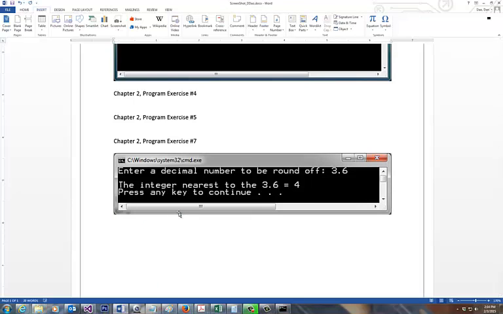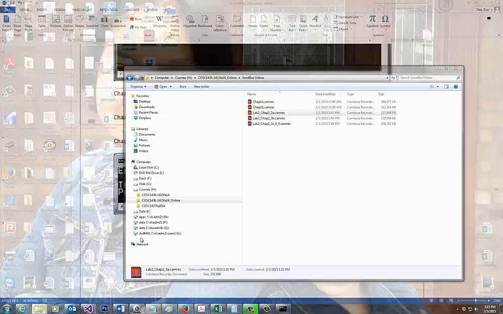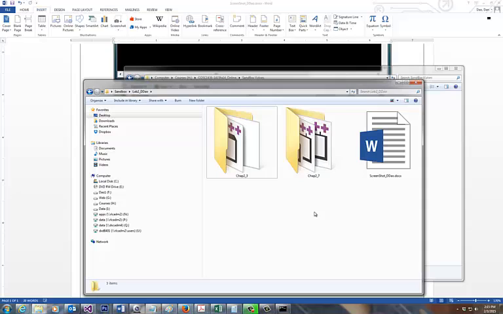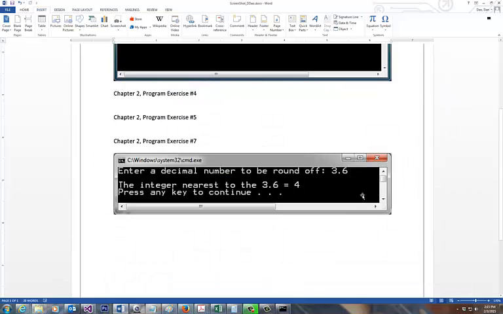Once you turn this thing in, remember now, every one of these program exercises need to have the project and the screenshot file. This screenshot file is called screenshot underscore your first initial, your full last name. This is going to be stored where? This is all inside of your directory right here. Okay, so if you look at this directory right now, this is under lab2 underscore D, your first name, your full last name. It has 8 programs here, one screenshots. And this is what you're looking at, is this file right here. Okay, I'm going to save this, and I'm going to